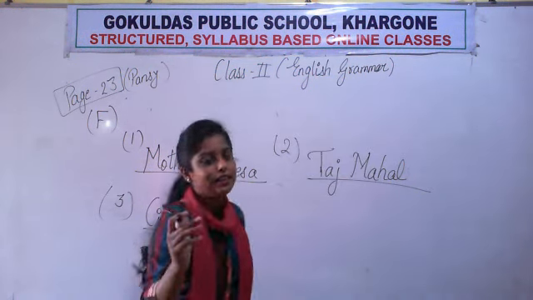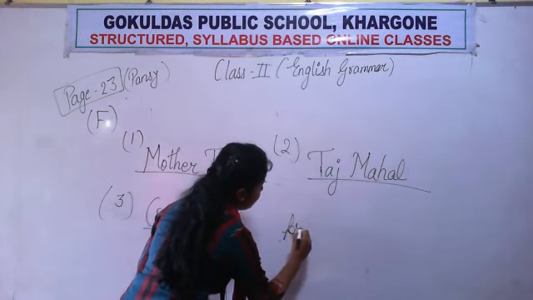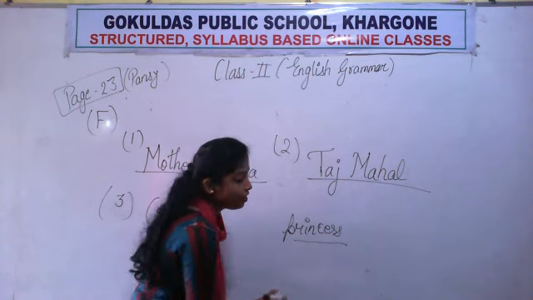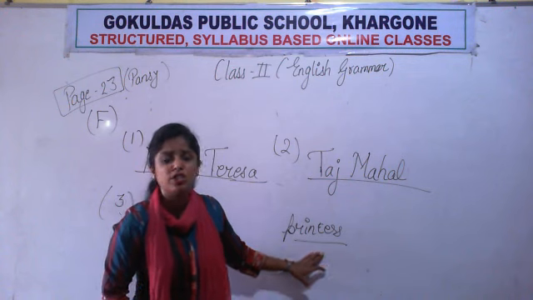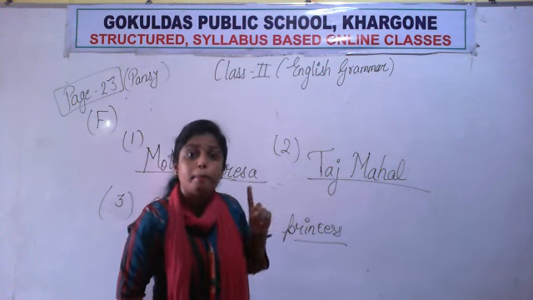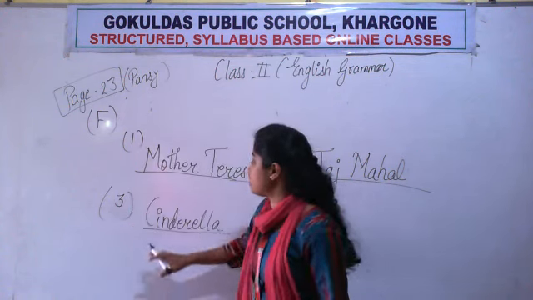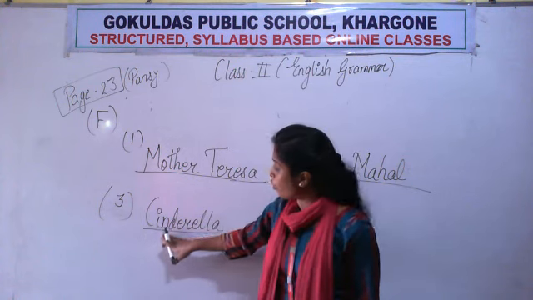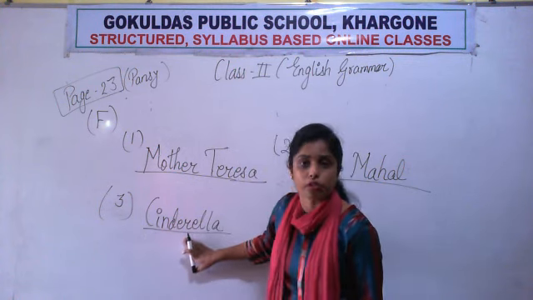अच्छा, if I write here princess, P-R-I-N-C-E-S-S, तो ये princess जो है ना, this is a common noun because there are so many princesses. But the specific name of this princess, Cinderella, makes this word a proper noun. ये एक particular princess का name है, इसीलिए ये एक proper noun है. Okay?